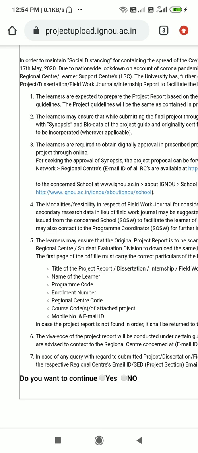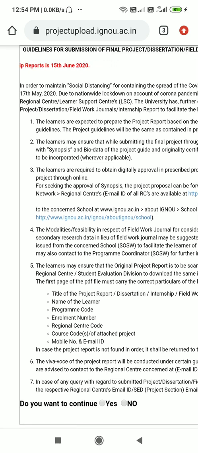Don't forget that your final project report should have the following documents attached. One is your approved synopsis, which should be submitted along with your final project report, with the approval signature. The synopsis approved proforma or certificate should also be submitted along with your project report.